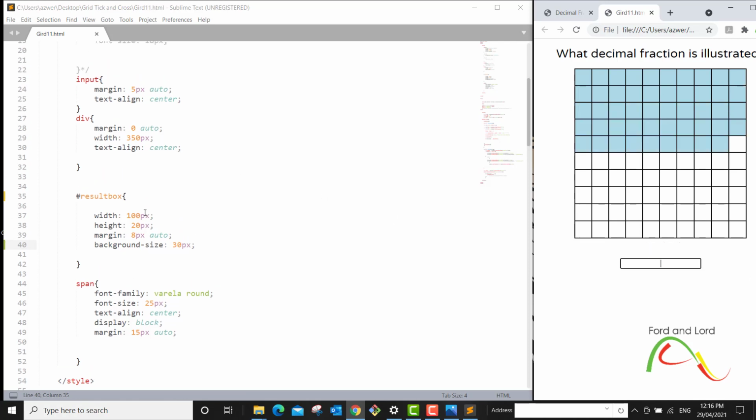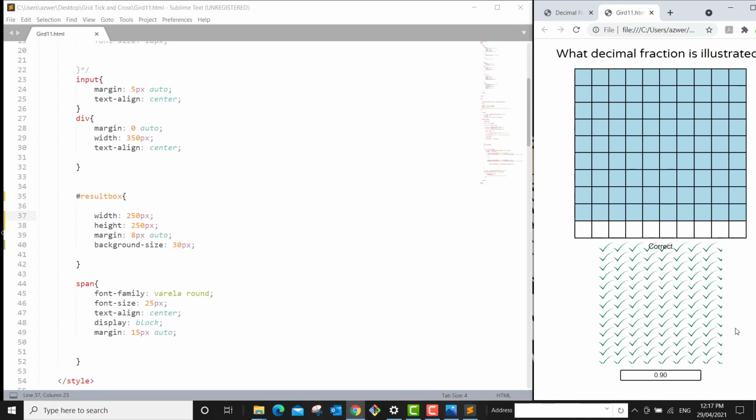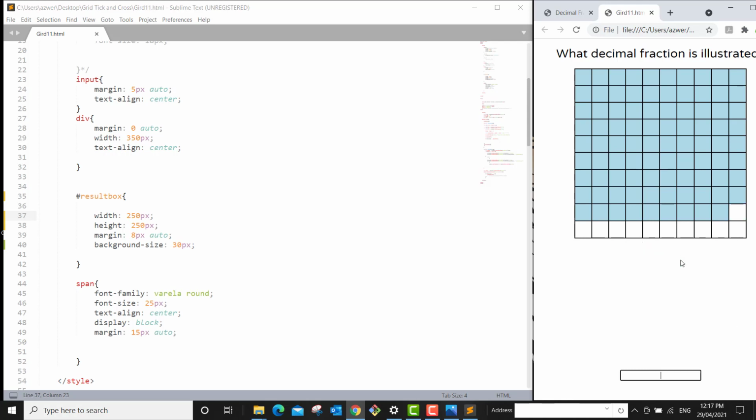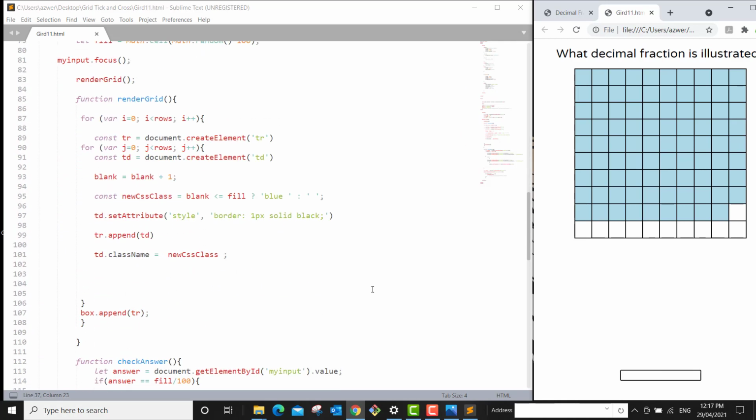Let me increase the size of this, maybe 250 pixels and 250 pixels here, just so you can see what's happening. If I refresh it, 0.90, you see multiple images of the tick mark